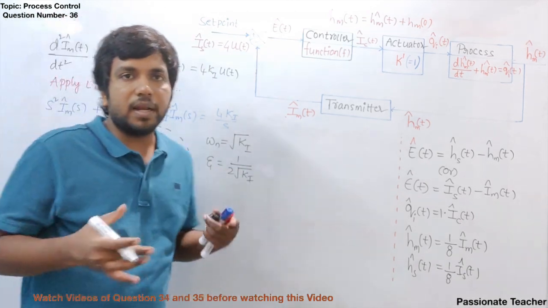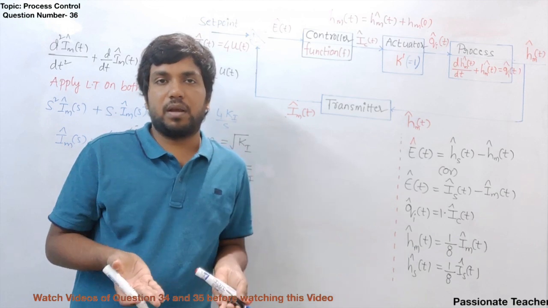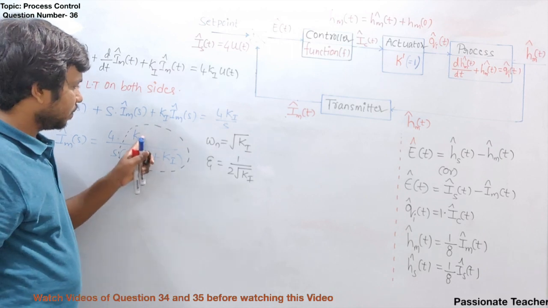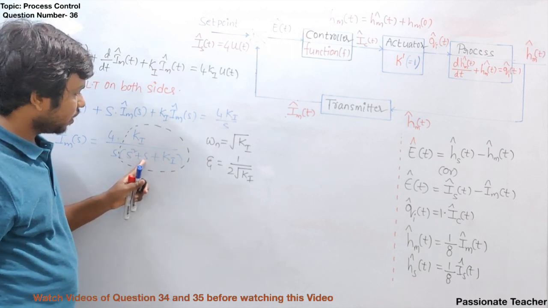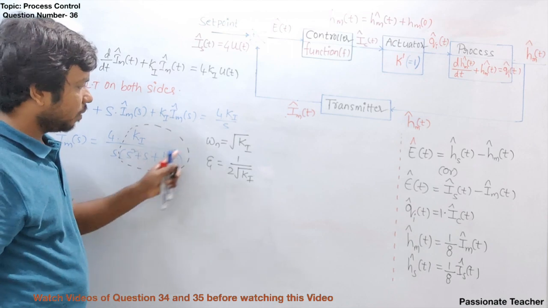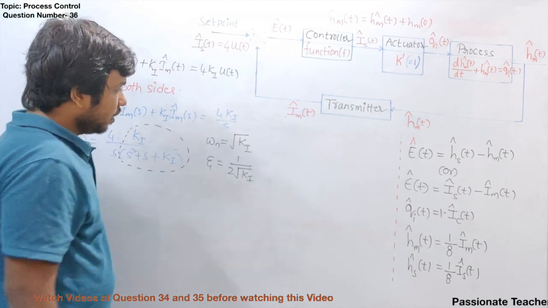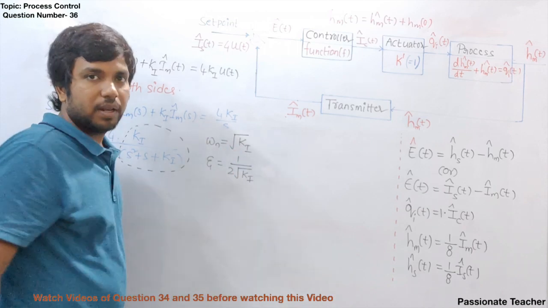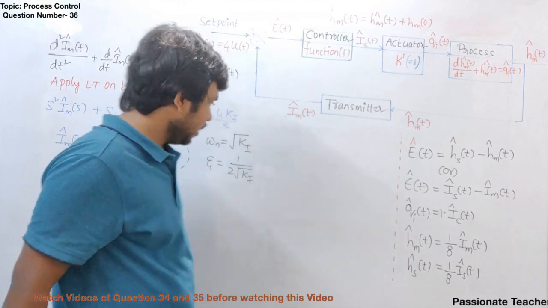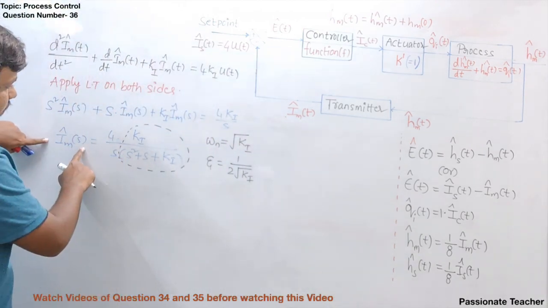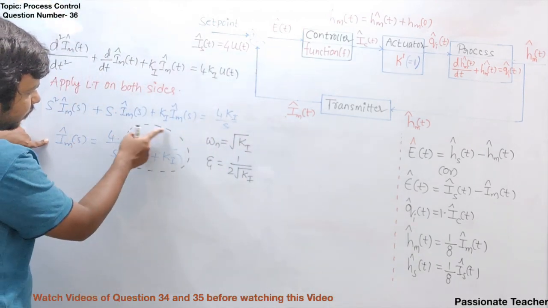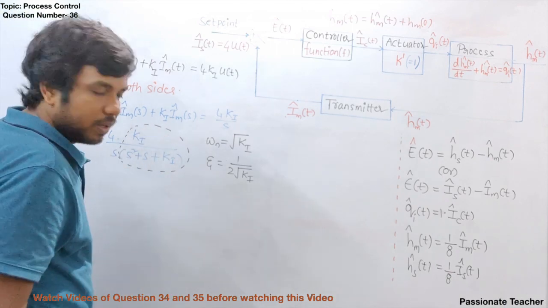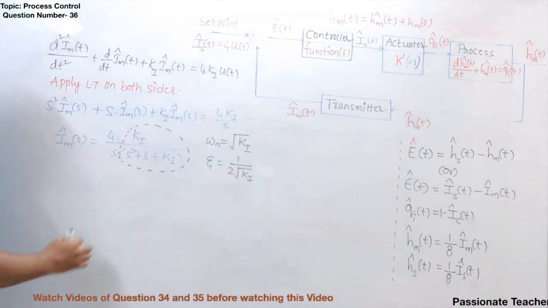See, I am not going into detail here because I presume that, being a control engineer, you must know the standard transfer function for a second order system, that is omega n square by s square plus 2 zeta omega n s plus omega n square. If you compare, you are going to get this. This means that both omega n and zeta are going to depend on the value of the integral constant, that is ki. Right? Now, in books you might have studied the step response of a second order system. In fact, this is actually an underdamped system, probably, right? Yes, it should be an underdamped system here.